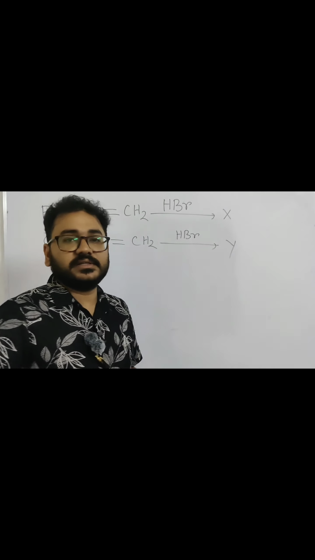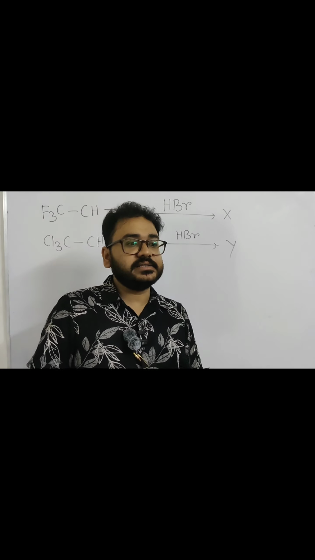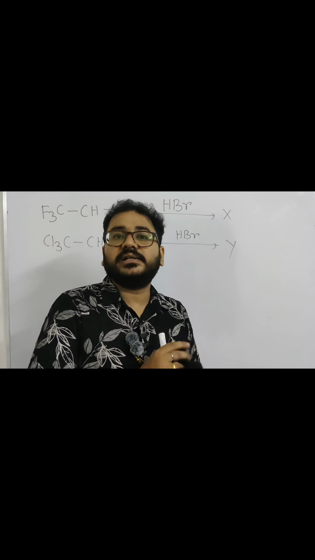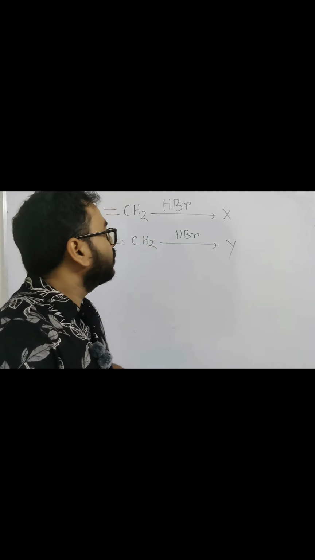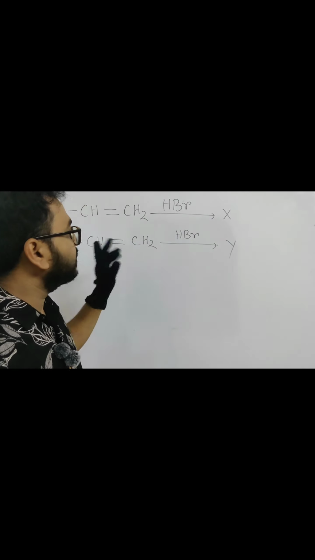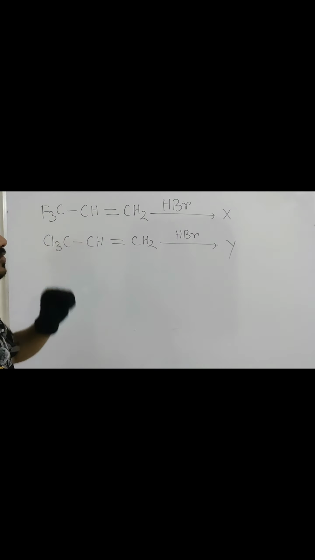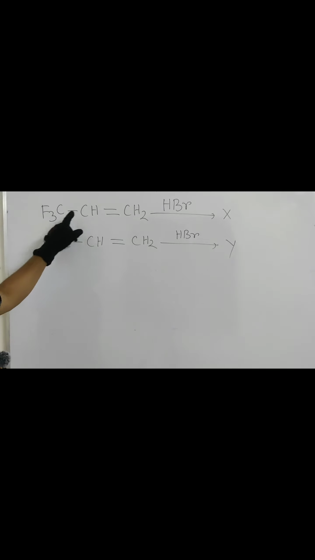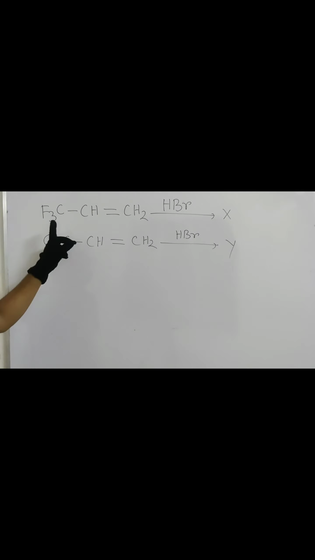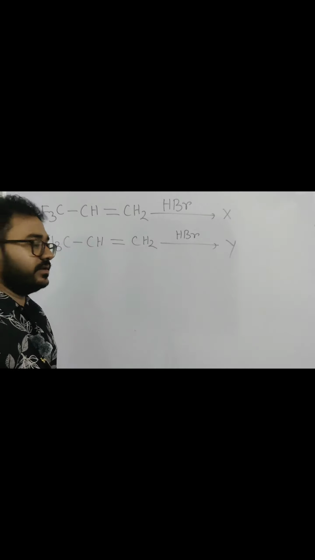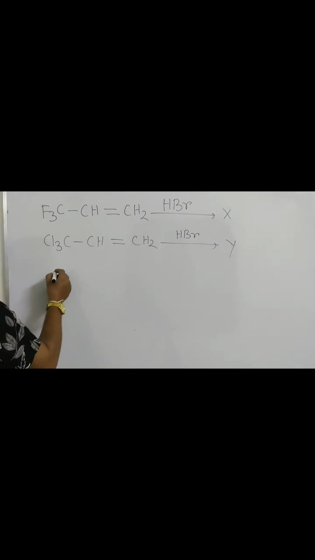Today we will discuss a topic: ionic mechanism versus radical mechanism. For that we take two questions. The first question is CH3CH=CH2 reacting with HBr, and the second case is almost the same, the only difference is that chlorine is present instead of fluorine. First we will see